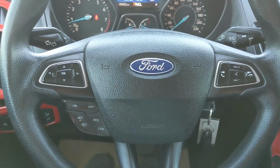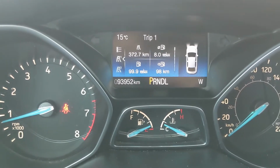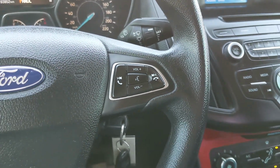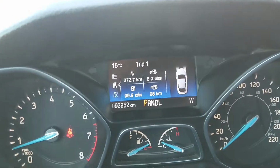And now sitting in the vehicle with it running, you can see it's sitting at 93,952 kilometers. And moving down to the steering wheel, on the right-hand side, you have your hands-free phone and radio controls. And on the left, you have your cruise controls, as well as your controls for your center info screen